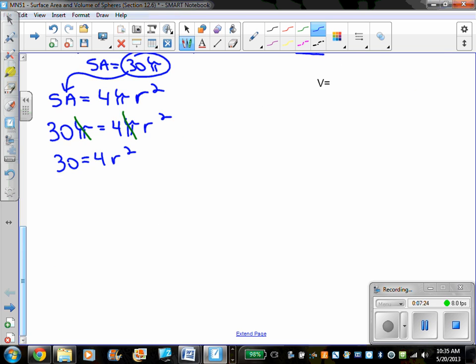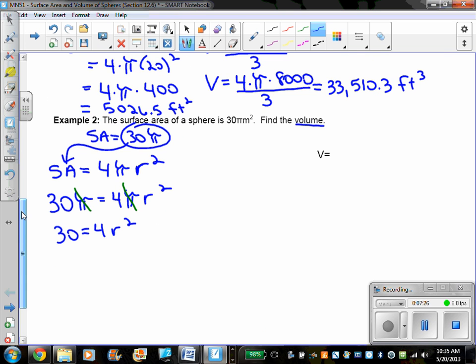Now to solve this, I'm going to move this up here, we're going to have to isolate this r squared completely. So we have to divide out by the 4. So we have r squared equals 30 divided by 4, which gives me 7.5. And then to undo the square, you would want to square root it. So we want to square root r squared. What we do to one side of an equation, of course, we have to do to the other. So the square and square root undo each other, and we end up with, let me grab it in my calculator here, 2.77